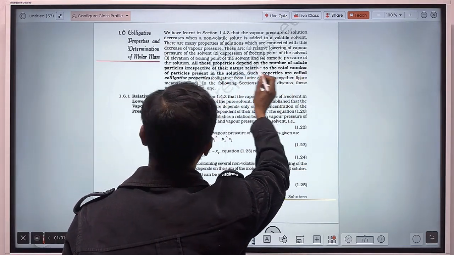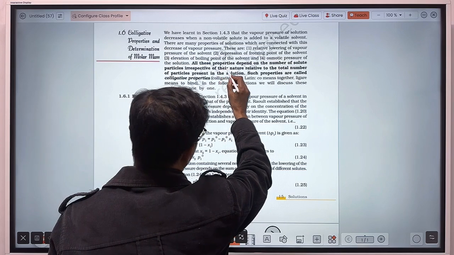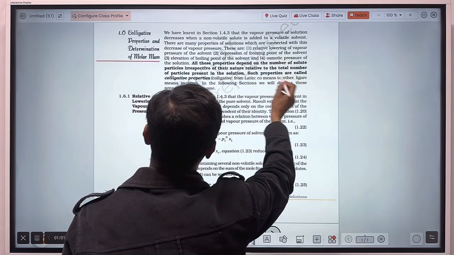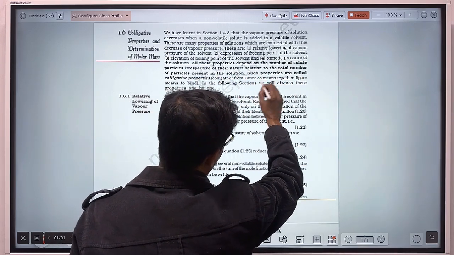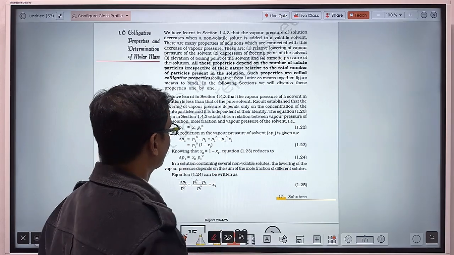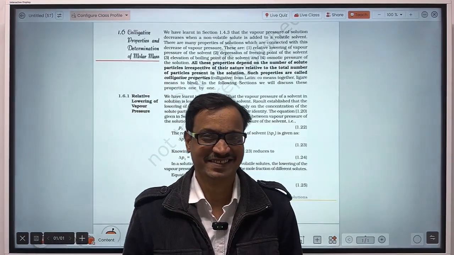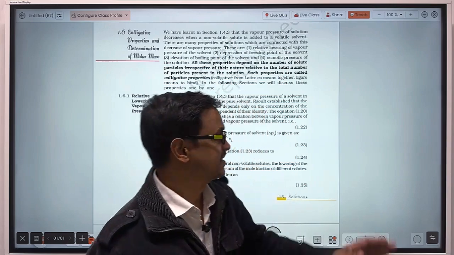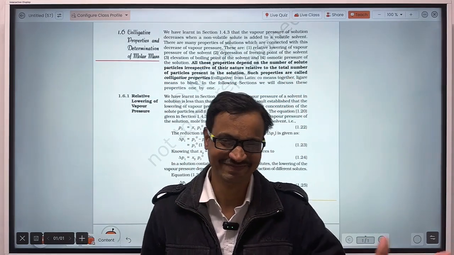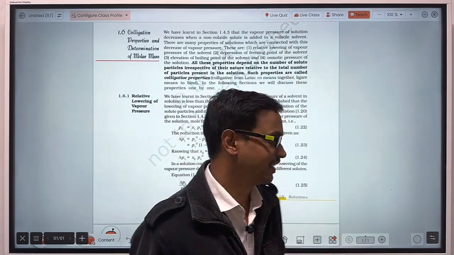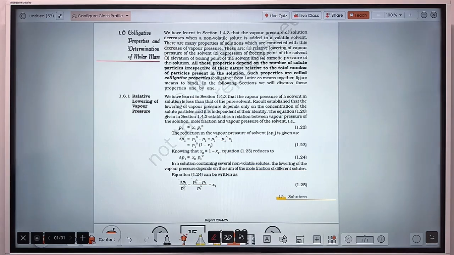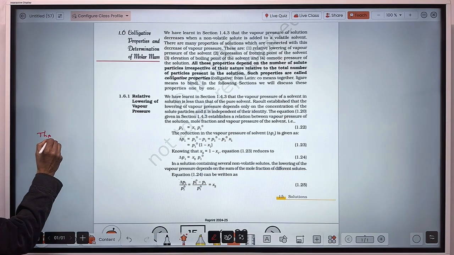All these properties depend on the number of moles of solute particles, irrespective of their nature, relative to the total number of particles present in the solution. Such properties are called colligative properties. Those students for whom this definition is clear may write this one. Otherwise, you may write like this one: the properties of solution